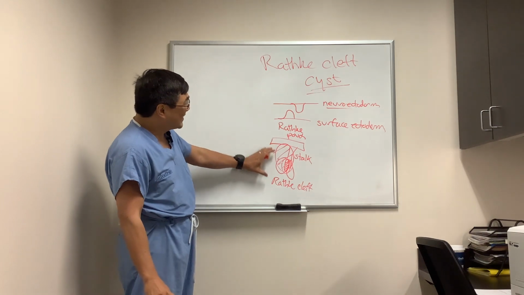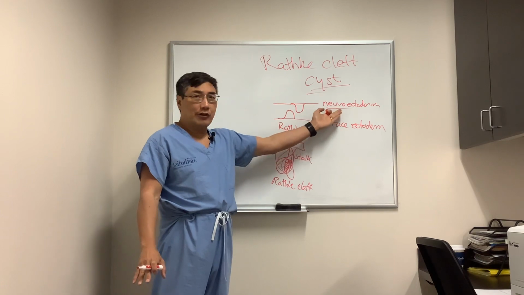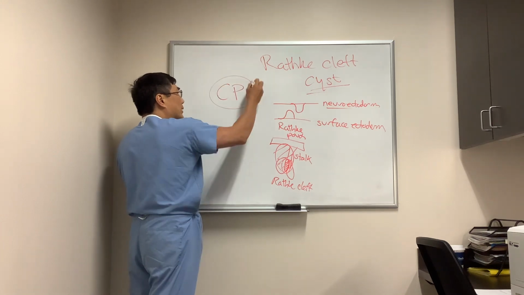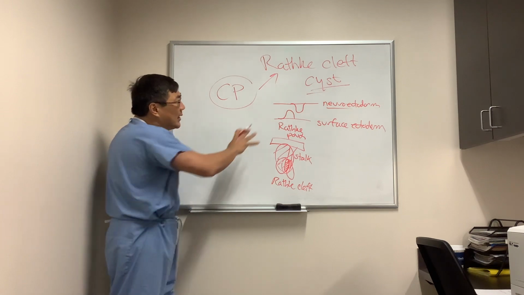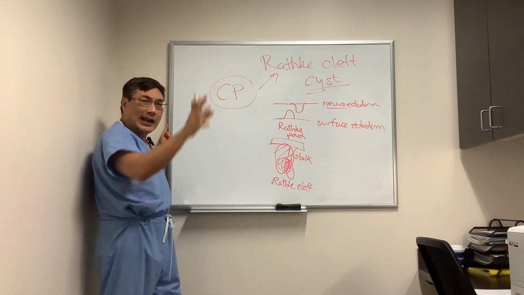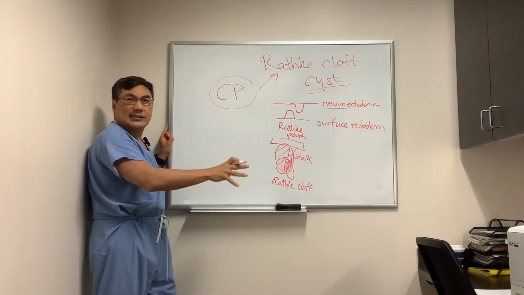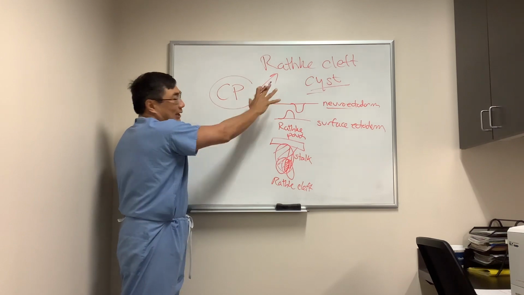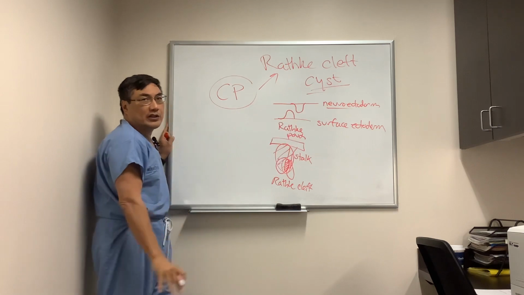So a Rathke's cleft cyst can look like craniopharyngioma, which is a piece of cranio, neuroectoderm, and a piece of pharynx, surface ectoderm. So sometimes the differentiation between the Rathke's cleft cyst and the craniopharyngioma can be difficult clinically and radiographically. But the differentiating feature is the Rathke's cleft cyst is a cyst. And so it's got a lining that is making the cystic fluid versus craniopharyngioma, which has a solid and a cystic component and often calcified, multilobulated. So usually it's not that difficult to tell the two apart, but the histopath is what confirms that it's a